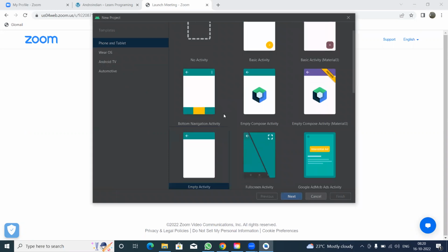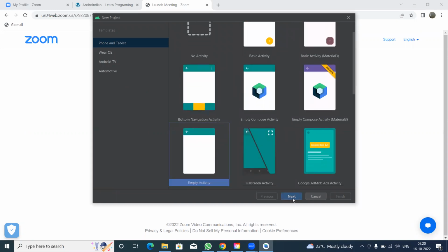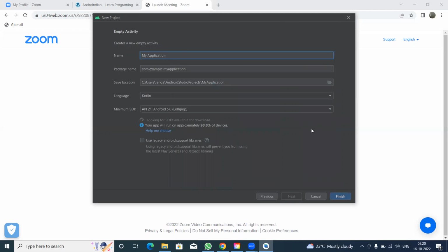Here I'm selecting this empty activity. Once I select empty activity, then I click on next. Various activities are there here. About these activities we'll see in future one by one. But right now I'm selecting only empty activity, then I'm continuing with next. Here I'm giving the application name as the first app,